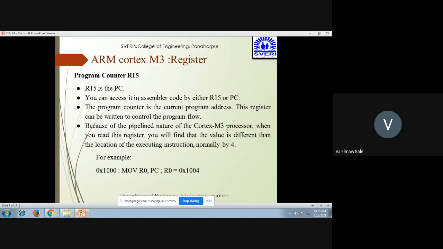The register can be written to control the program flow, and normally the location is different: if my program counter is at 0x1000, and I move that program counter to R0, the location is not 0x1000, but it is 0x1004.